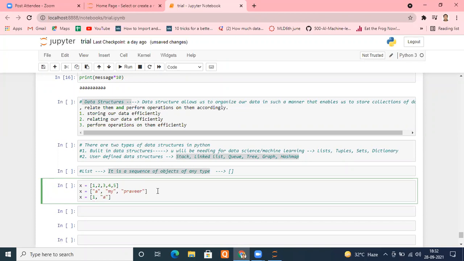Any data type can come inside this. It's not mandatory that you include only one data type. Both are different. I can include a floating point number as well, 3.5. I can even include one more list here, like 1 comma 2, and even a tuple inside it, 3 comma 4. Is it clear? So it can have any type of object inside this.